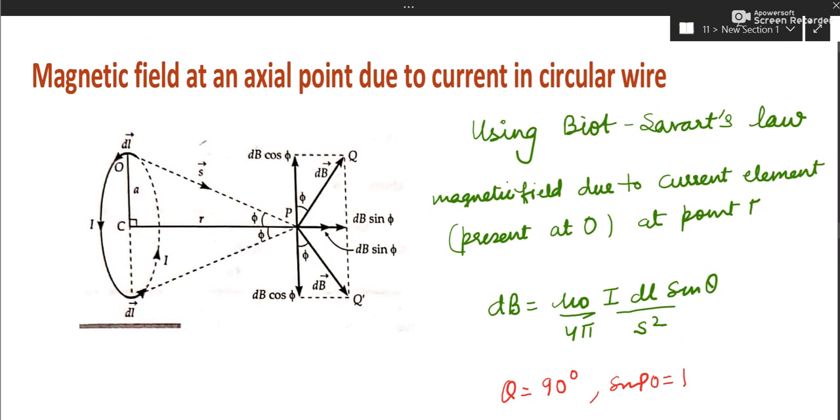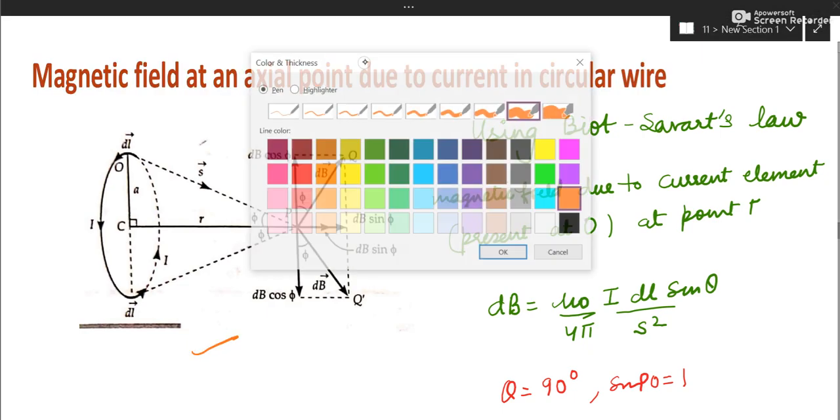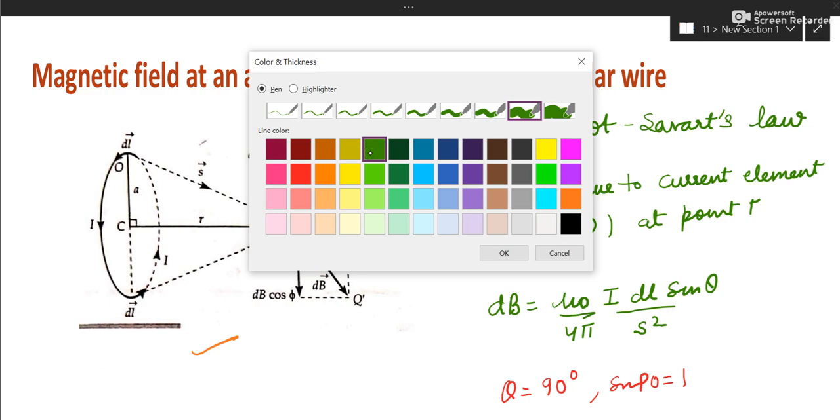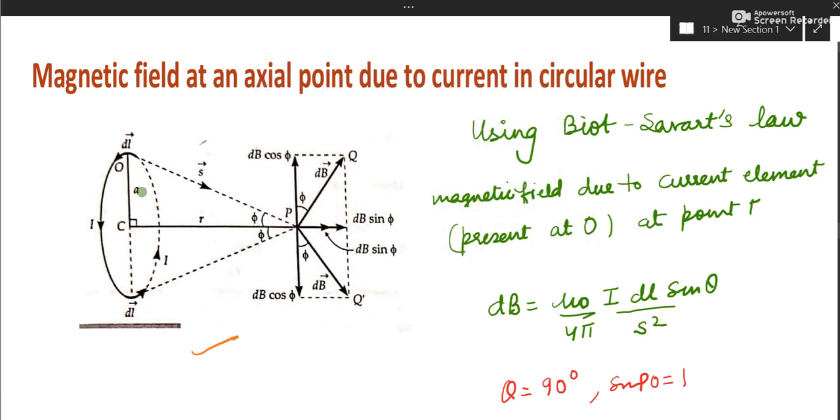Okay, now coming to the derivation. Yeah, so we'll draw this diagram. Let us label all the parts shown in the diagram. Very important. This is my radius of the circle. This is my axial distance. Look here, this is the point, right? And this is axial line, and P is the point where you wish to find out the magnetic field due to the current carrying loop. This is current, this is sense of current.